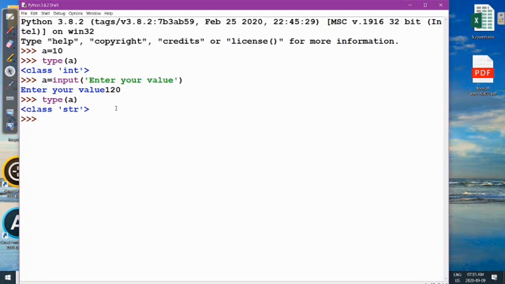Now we are also going to create a variable B is equal to 20. Now if you want to add the value of A, the value of A is 120 as a string, and the type of B is 20 as numeric. You can check type(B).